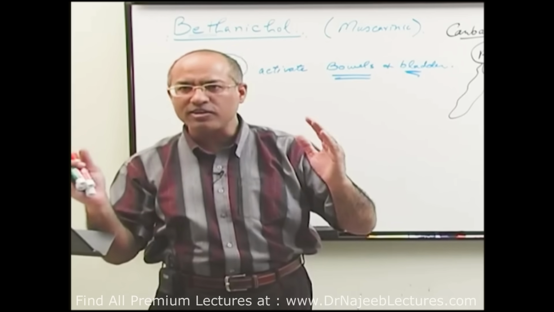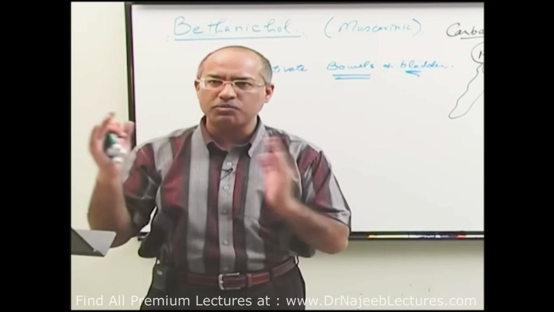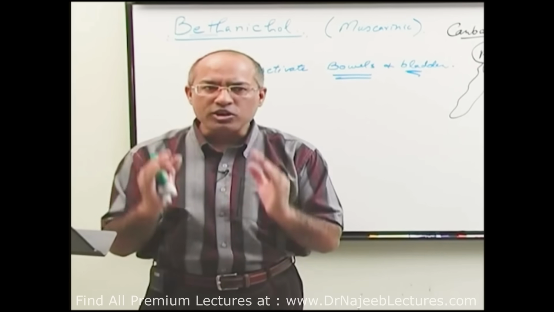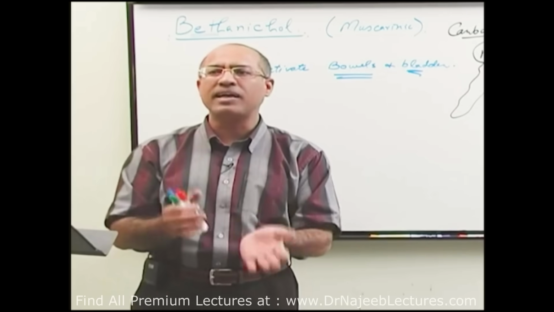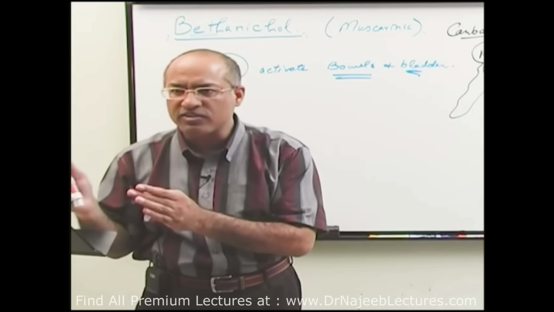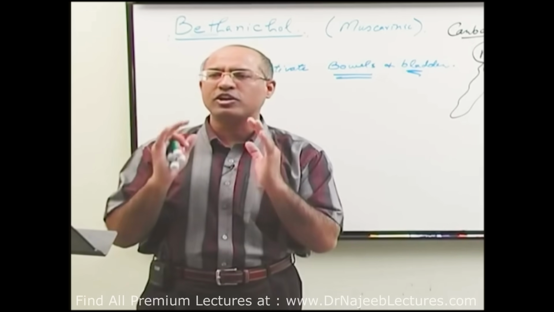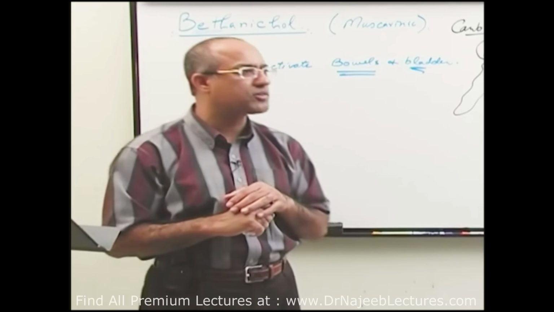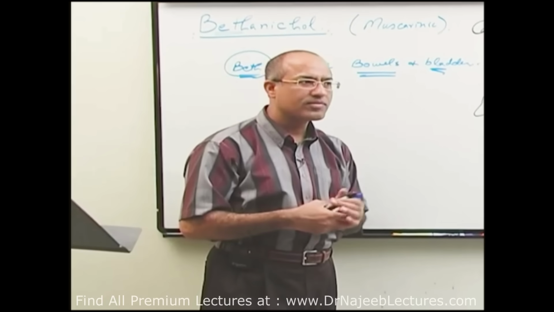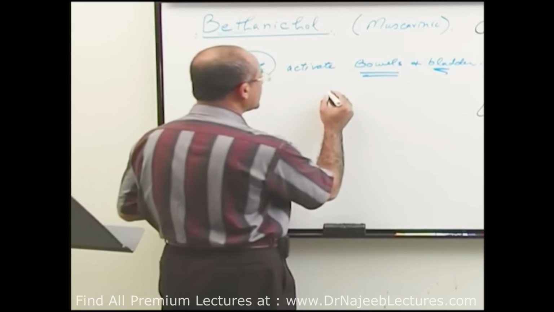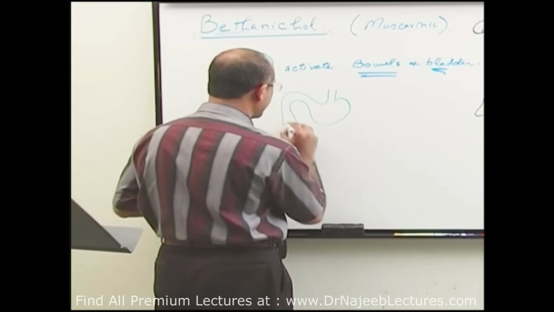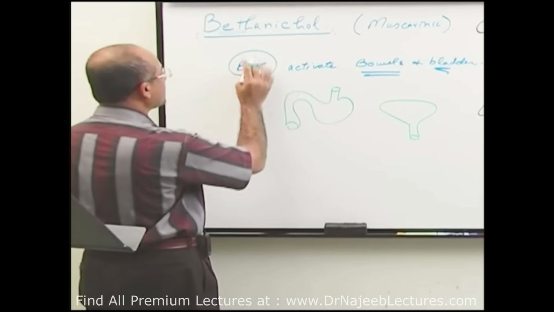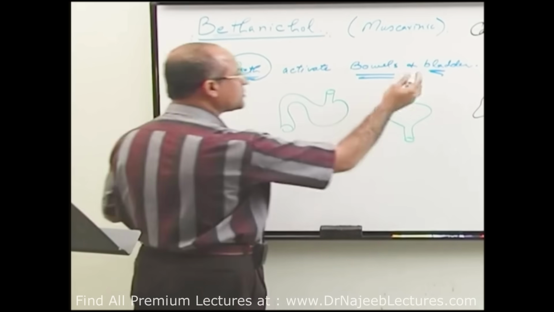So how are acetylcholine and bethanechol different? In bethanechol, acetate is replaced by carbamate and there is the addition of a methyl group. So its duration of action becomes longer and its capability to bind with nicotinic receptors is reduced. So it's mainly having action on muscarinic receptors, and specifically it loves to activate muscarinic receptors on the gastrointestinal system and urinary bladder. So you can say that Beth activates bowel and bladder. How do you remember? B for Beth, B for bowel, B for bladder.